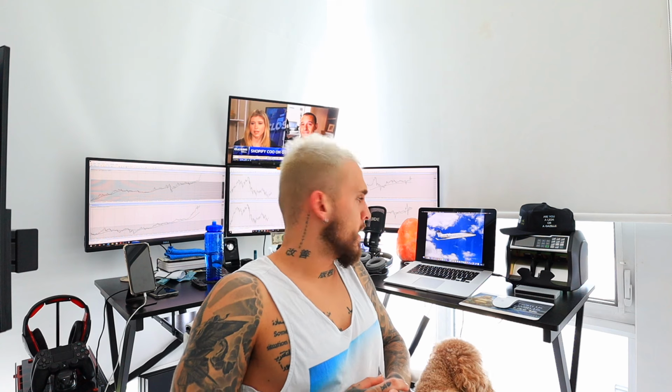Obviously with the iPad and the laptop, you're going to be limited on both as to how many charts you can have open, and the variety of charts that you can see, which brings us to the next step, which is a full-on trading station. I mean, you can see that I have CNBC on the top. I have 3 different charts, 2 different time frames on each, which allows me to see a better scope of what's going on in the